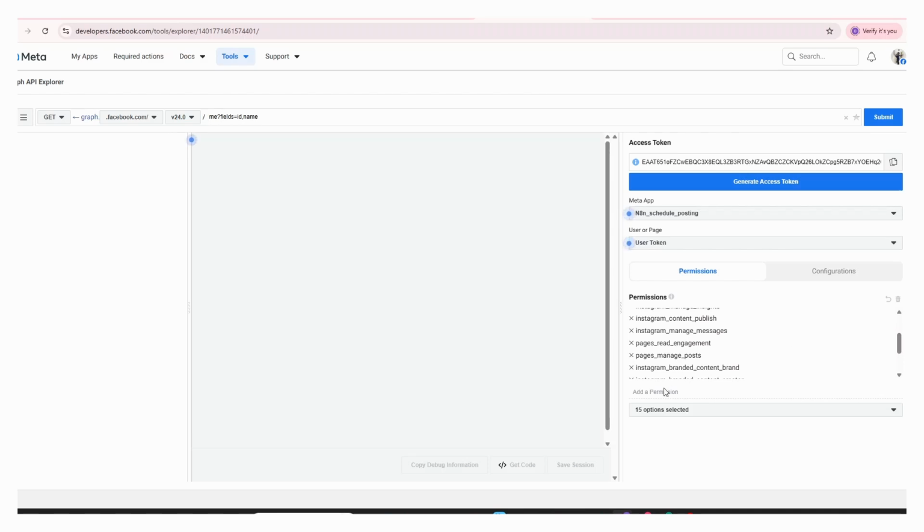I just search for Instagram, like let me show you here, Instagram, and then I just started choosing. And once that is done, you generate your access token. This access token only lasts for 1 hour. So if you want to make this access token last way more than that,